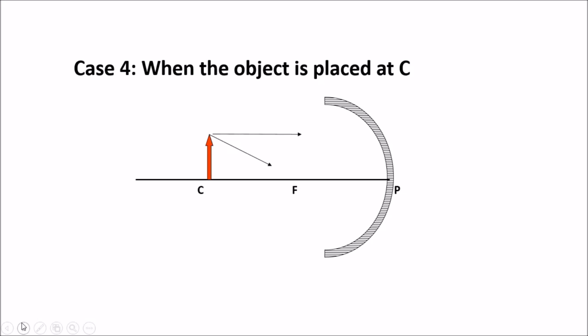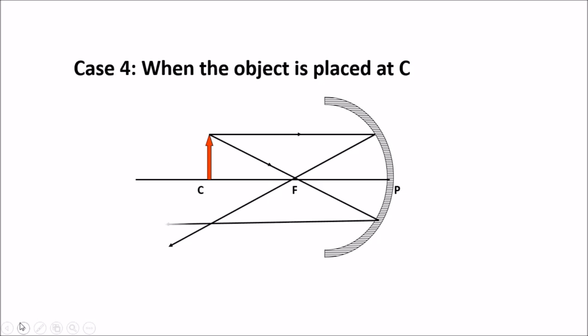So for rule 1, the first thing you need to do is, obviously, draw the concave mirror, label the pole, and draw the principal axis. The measurement of P to F should be equal to F to C, then only will you get the correct result, otherwise you won't. Going ahead, let's use rule 1. A ray which is parallel to the principal axis after reflection passes through the focus. And we'll use rule 2, a ray which is passing through the focus after reflection passes parallel, and you can see the rays are crossing exactly at the place where we have kept the object,